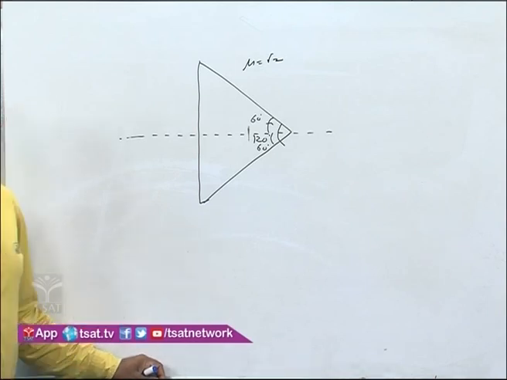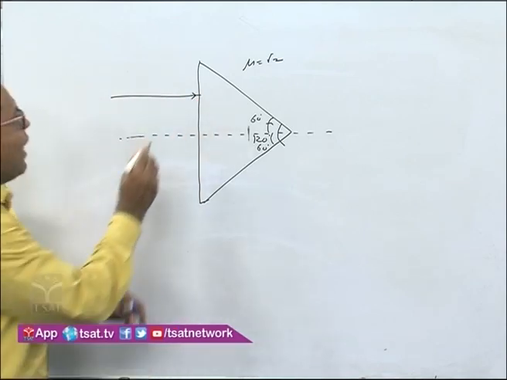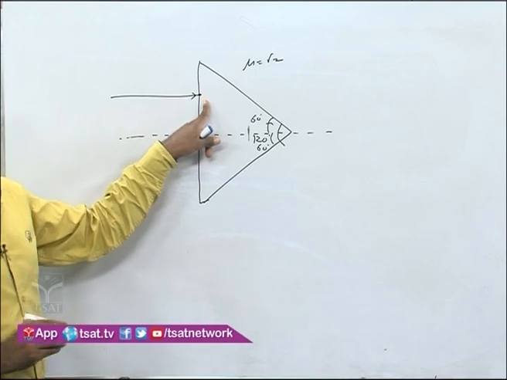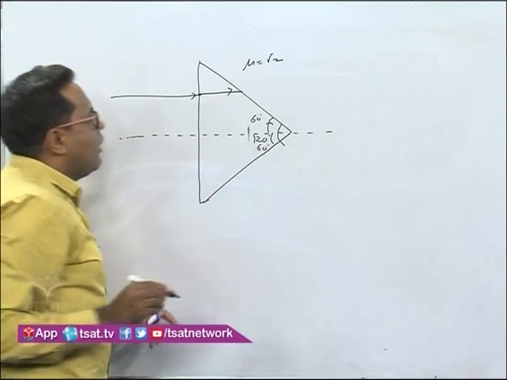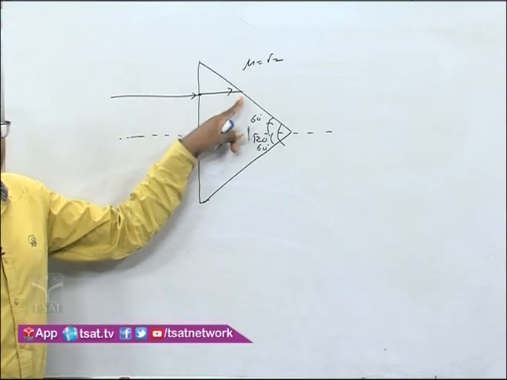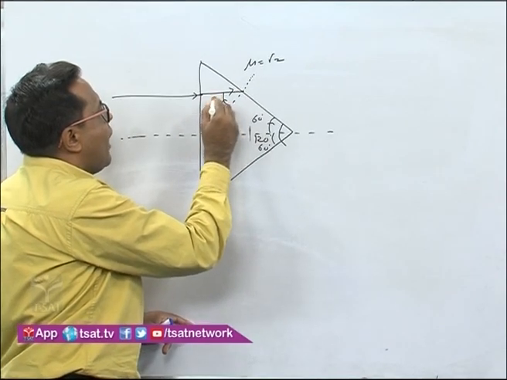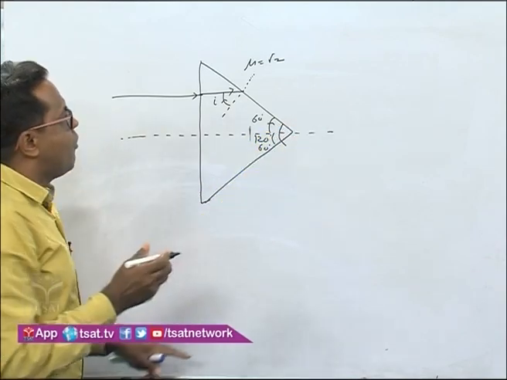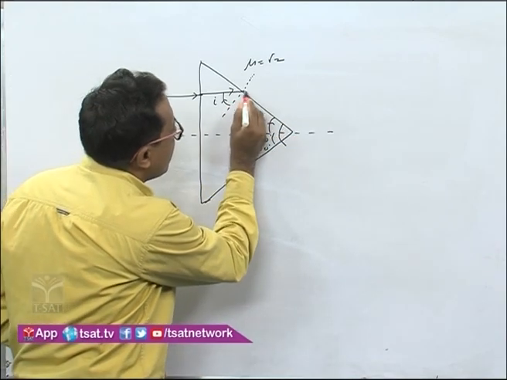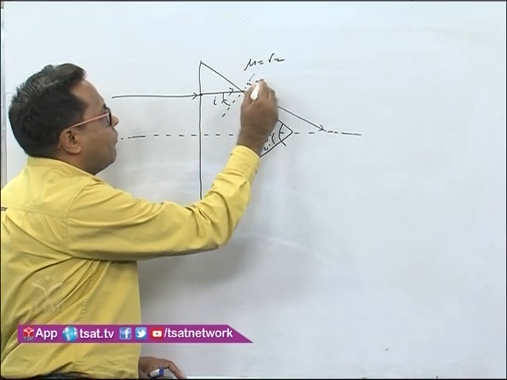Now they have given that there are two parallel monochromatic rays entering the prism. Let us say this is one ray. When it reaches this point, it is a point of normal incidence, and therefore the light will move undeflected over here. Now the refraction will take place at the second surface. If you draw the normal, this is the angle of incidence i, and it is moving from denser medium to rarer medium. If nothing is given, it is air, so it will bend away from the normal somewhat like this, and it will meet the axis over here. This will be the angle of refraction r.